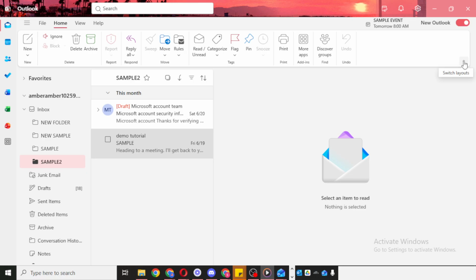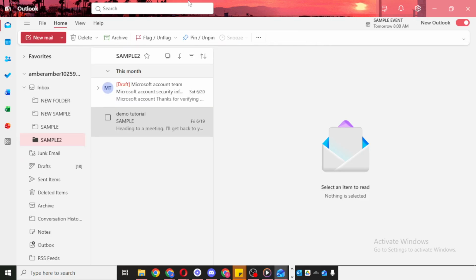This action helps maximize the available space, so your email content becomes easier to see. After clicking it, Outlook will switch into a larger, full-screen style view. In this mode, you'll have more room to read messages, manage folders, and navigate your mailbox without the smaller window getting in the way. This can make the whole experience feel more focused and easier to use. If your Outlook window was previously reduced or not fully expanded, this step should immediately make a noticeable difference.